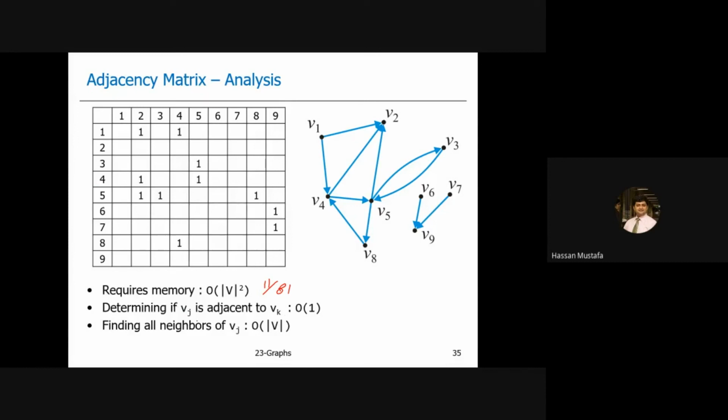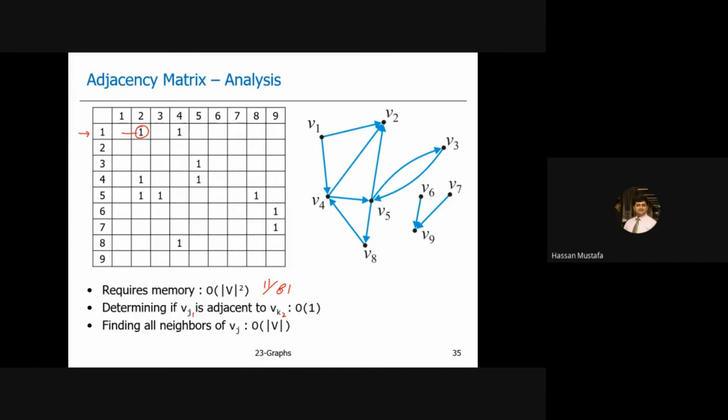So that's if j is 1 and k is 2, so I would say 1 to this, I would check this specific cell. So it's order 1. I can simply jump to that specific location in a matrix. So that's order 1. Then if I want to find all the neighbors of this vertex, for example, vertex 1,